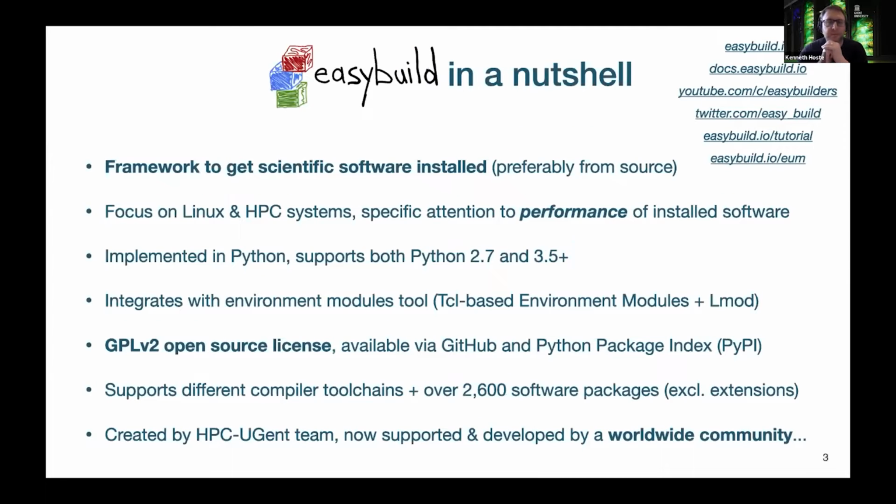So EasyBuild, for the people that don't know it, is a tool, or we often say a framework, for getting scientific software installed. Whenever we can, we prefer to do that from source. So we compile the software from source. The reason we do that is because we have a strong focus on Linux and HPC systems, supercomputers,